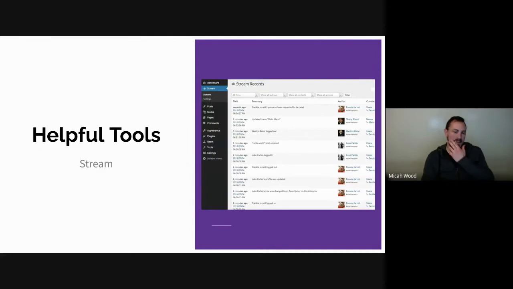Another thing that you want to consider is probably installing a plugin. If not this plugin, another plugin similar to it. There are a handful of other plugins that do things like this, but this plugin is called Stream. And all it really does is track the different types of activities that commonly happen on a site. So somebody logs in, somebody logs out, somebody updated a post, somebody deleted a plugin, somebody installed a plugin, somebody switched themes. All of those things are recorded.